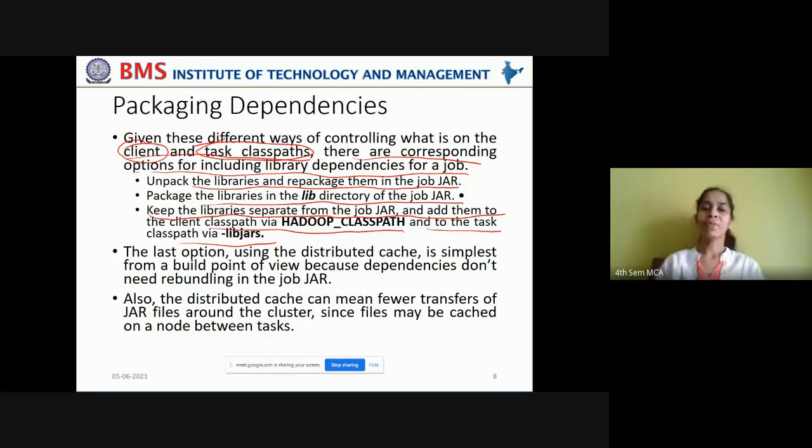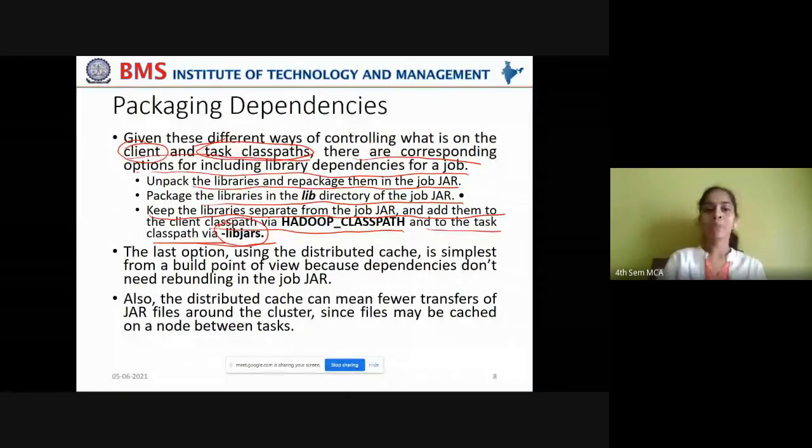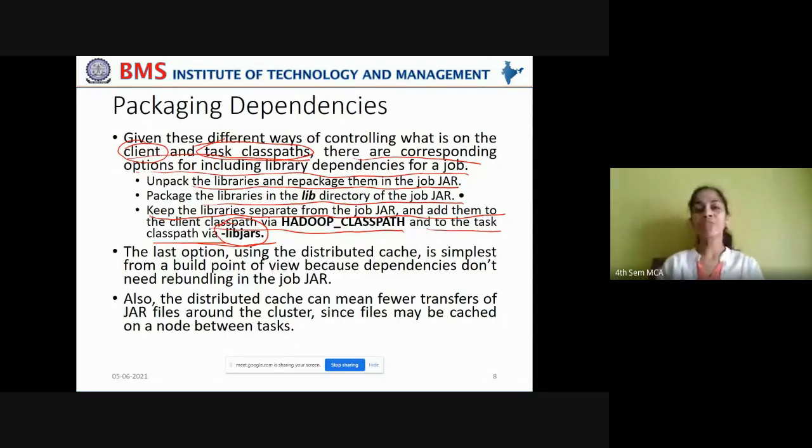These are various ways of packaging your jar file. You create a Java archive file, you create the subdirectories lib and classes in order to add the dependencies and the resource files, and you also have an option to add the classpaths for the distributed cache by using the -libjars method. These are various ways of controlling what is on the client and task classpaths in order to run your job.